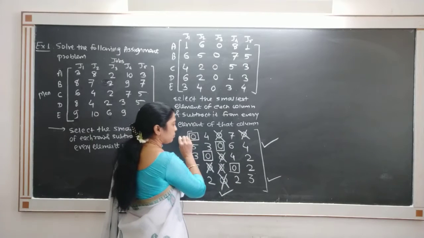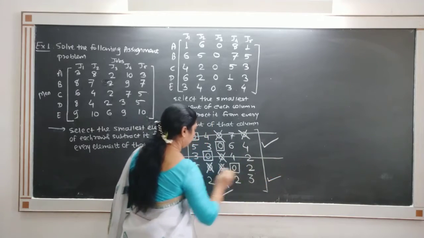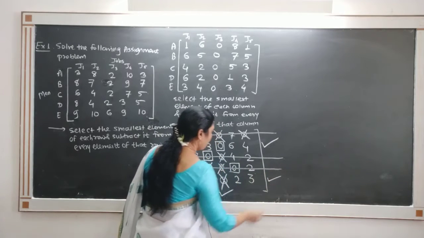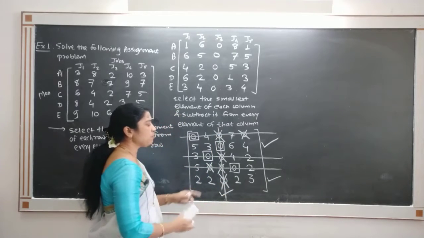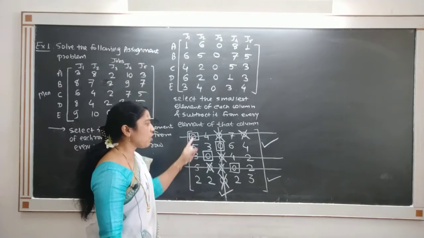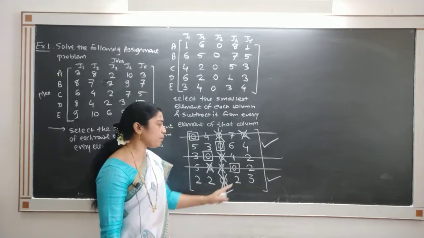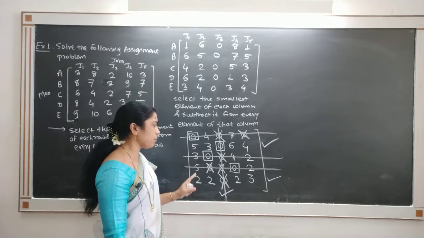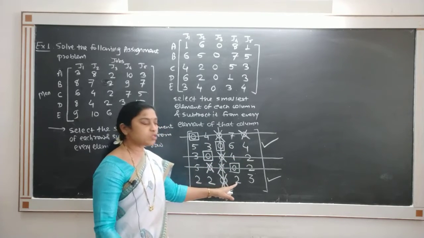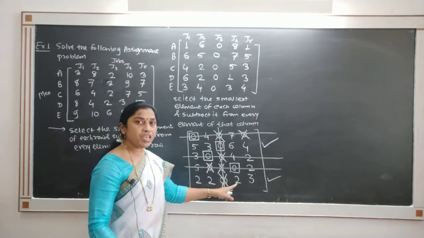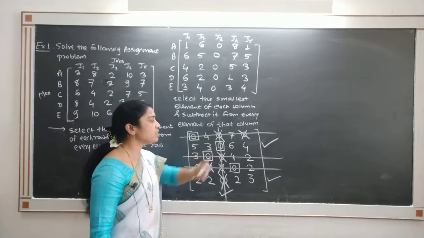So the assigned 0 is in this row. Draw lines through the unmarked rows and marked columns. Observe that these are the minimum number of lines which cover all 0. Now from the remaining uncovered elements, select the smallest element. From the uncovered elements, the smallest element is 2. So subtract 2 from each of the uncovered elements and add 2 at the intersection points.